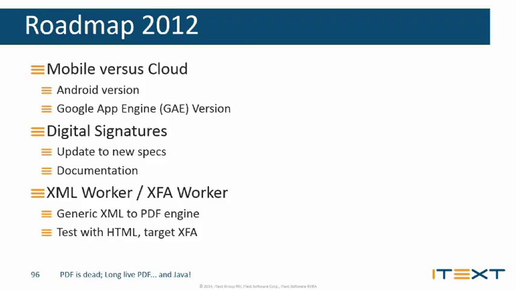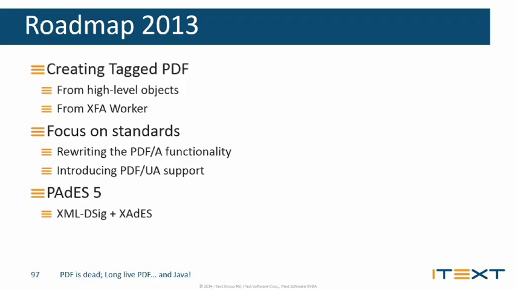But in 2012, the XFA spec is really huge. We started with something called XML Worker, and we tested with HTML, so XHTML to PDF, as a first step towards implementation of XFA to flattened PDF. Why flattened PDF? Because XFA isn't compliant with PDF/A, isn't compliant with PDF/UA, but XFA has structure. So if we could create PDF/A or PDF/UA from an XFA file, we would have a really nice product.